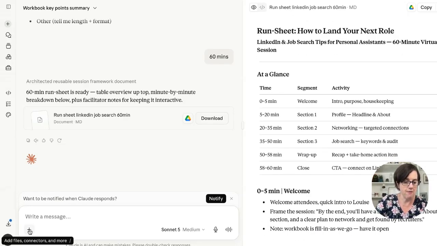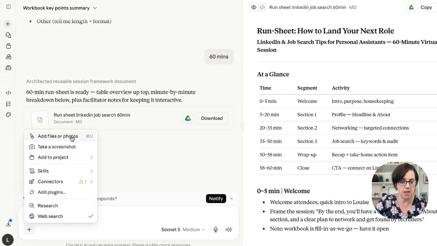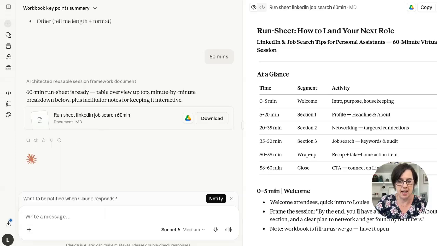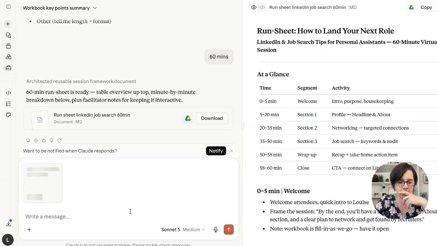Another kind of document we can upload into here would be a presentation. I'm going to upload a presentation that I delivered in May. And I can take that presentation and say I'm going along to deliver the presentation, and what I want to do is give everybody who attends a one-page top tips. So please create a top tips one-page to email to the attendees